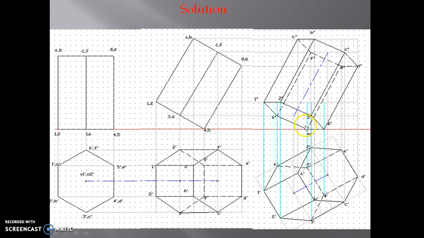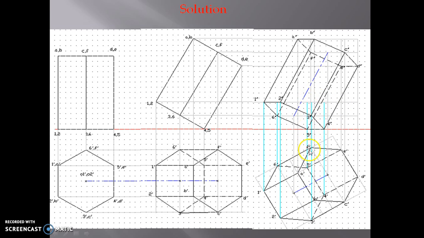Accordingly, show these edges in this third top view by continuous thick and dotted or dashed lines, and construct this third front view in this solution. If you see in this solution, this third front view and third top view are the final projections